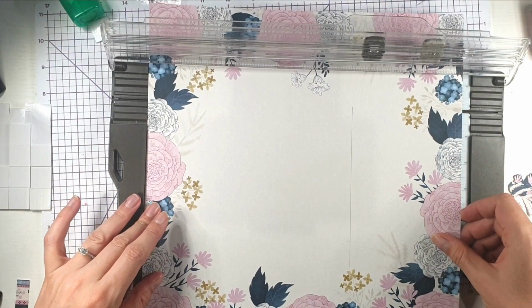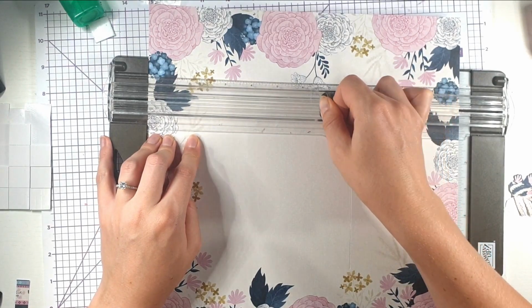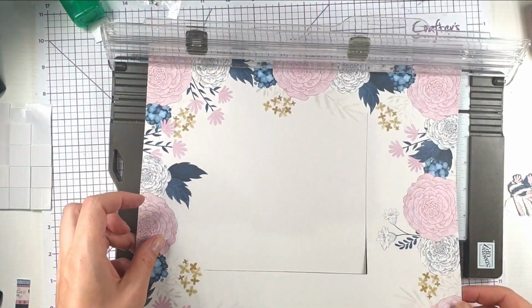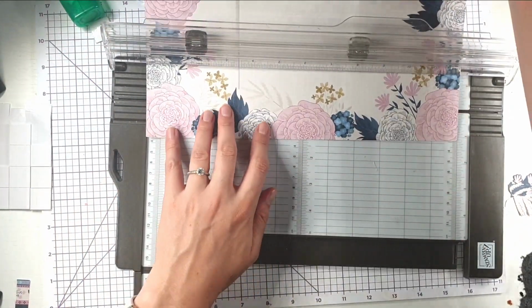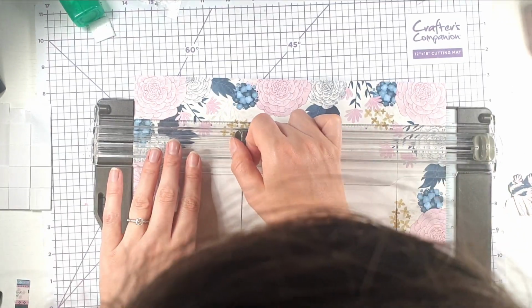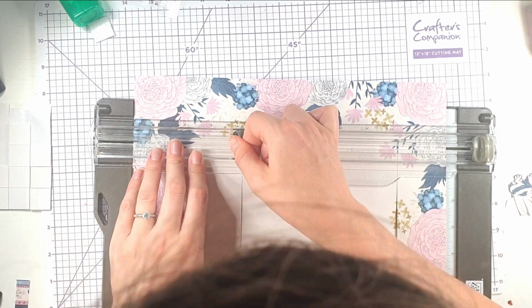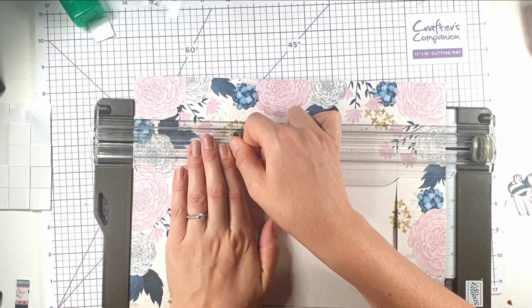Then this time I'm going to want to start at 8.5 inches. I'm going to cut this way, so I'm going to cut from an 1/8 before 8 to an 1/8 before 2. And then turn it again. So this time I'm going to line it up at an 1/8 before 2, 3.5 to 9.5. And then I'm lining the bottom end at 9.5, which I know I can't put on the screen. And then I'm going to do 4 1/8